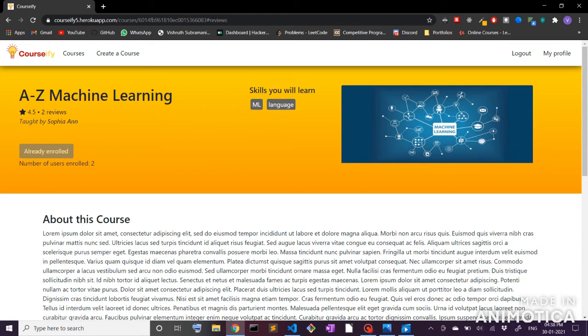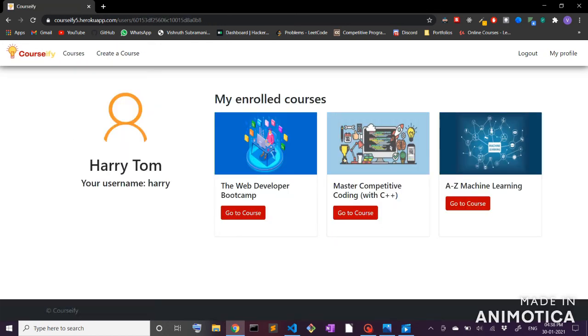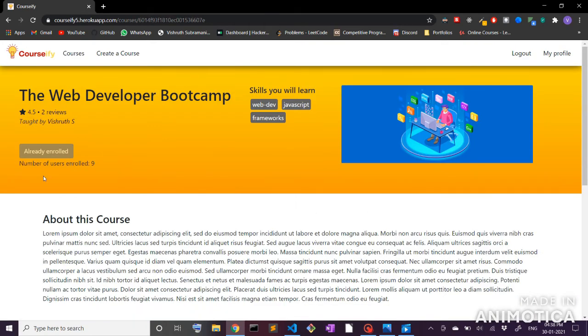So that's the basic functionality of the course page. You can enroll for as many courses as you want, and once you have enrolled you cannot enroll again. It's all validated on the server. And also we can check out our profile. On the top right I can click on my profile and it takes me to my profile page, where we can see our name and the username and all the courses which we have enrolled for. I right now enrolled for these 3 courses and it shows them right here. So I can go to them directly from here as well.